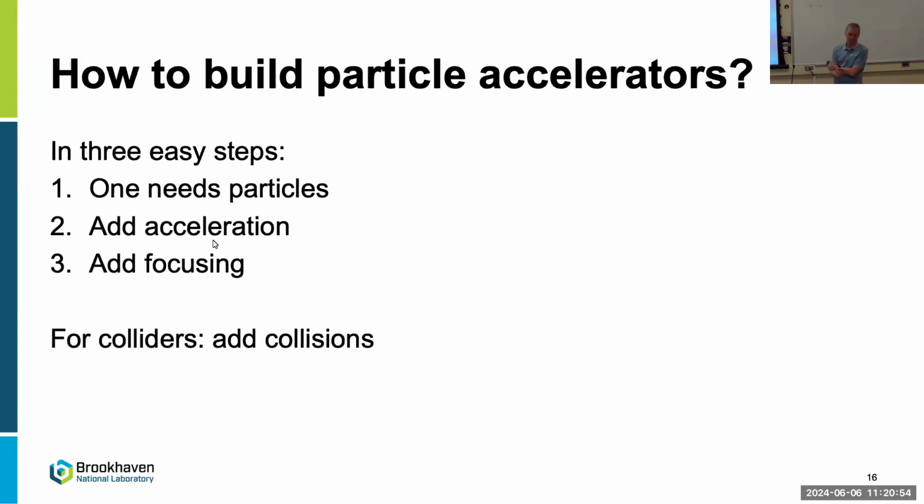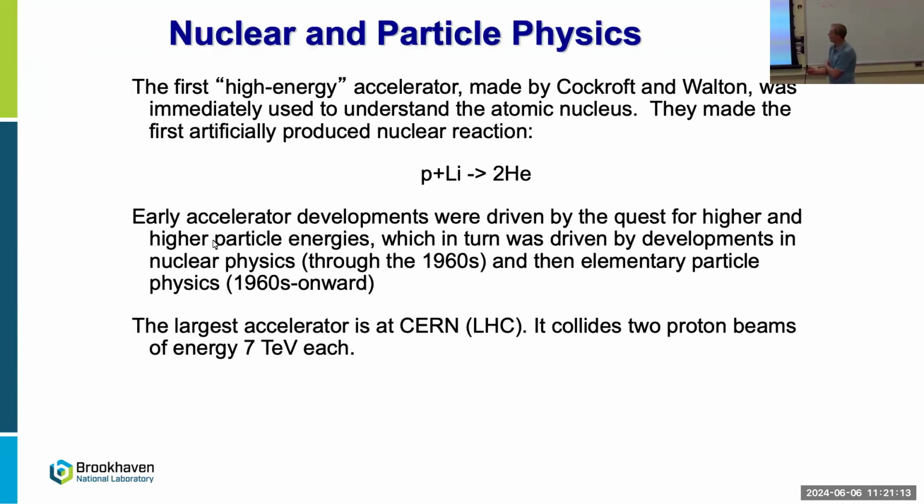So how do you build a particle accelerator? Well, there's 3 easy steps. You need particles, you need to add acceleration and add focusing. And eventually you need to add collisions if you want a collider. So these are the simple 3 steps, and that's what I'm going to talk about today. So first,